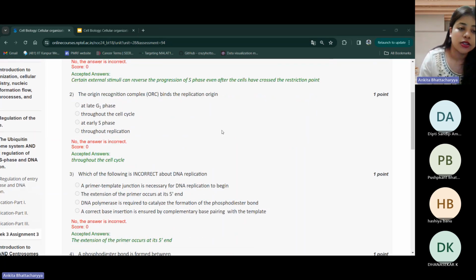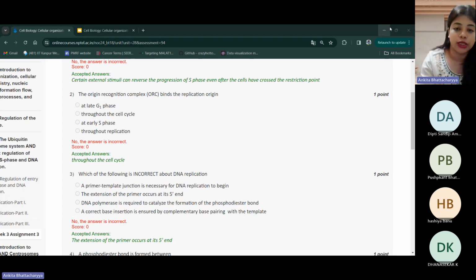So for the second question, the ORC or the origin recognition complex binds the replication origin during which phase of the cell cycle? First option is at the late G1 phase, throughout the cell cycle, early S phase, or throughout replication. When does it bind? So we have understood and we have seen that the recognition complex is always bound. It always occupies its binding site throughout the cell cycle